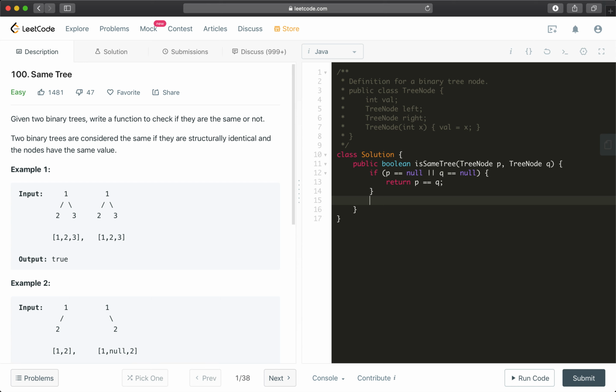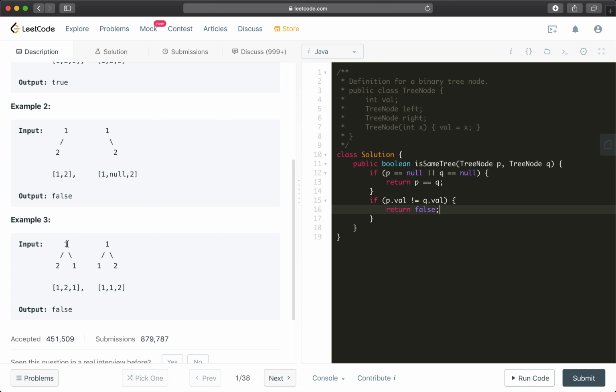Then how can we check whether these two trees are the same? If we can pass this, which means both P and Q are not null, so we can safely check if P's value equals Q's value, right? Okay, we'll check whether these two are not equal. If they are not equal, we can just return false, right? Say if here P's value is 2 while Q's value is 1,